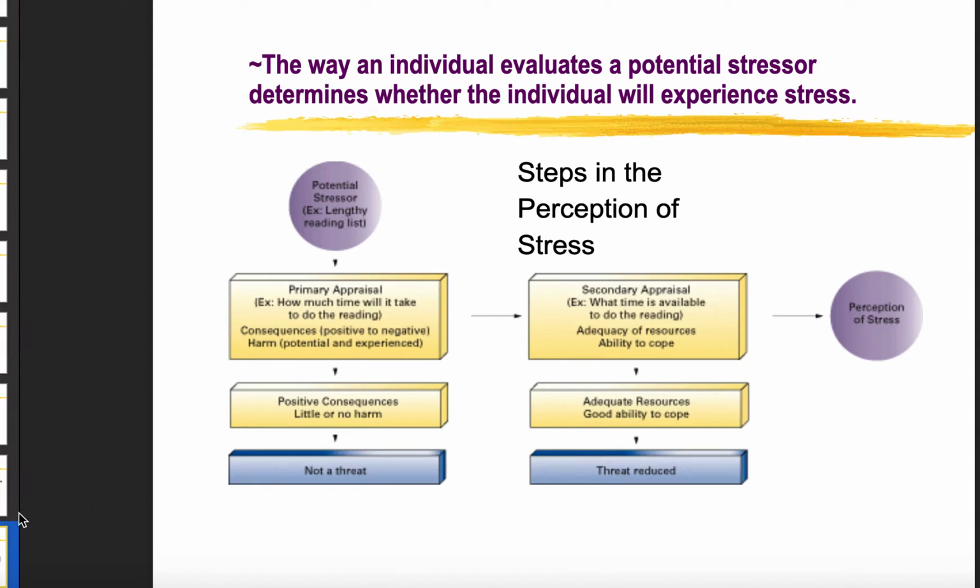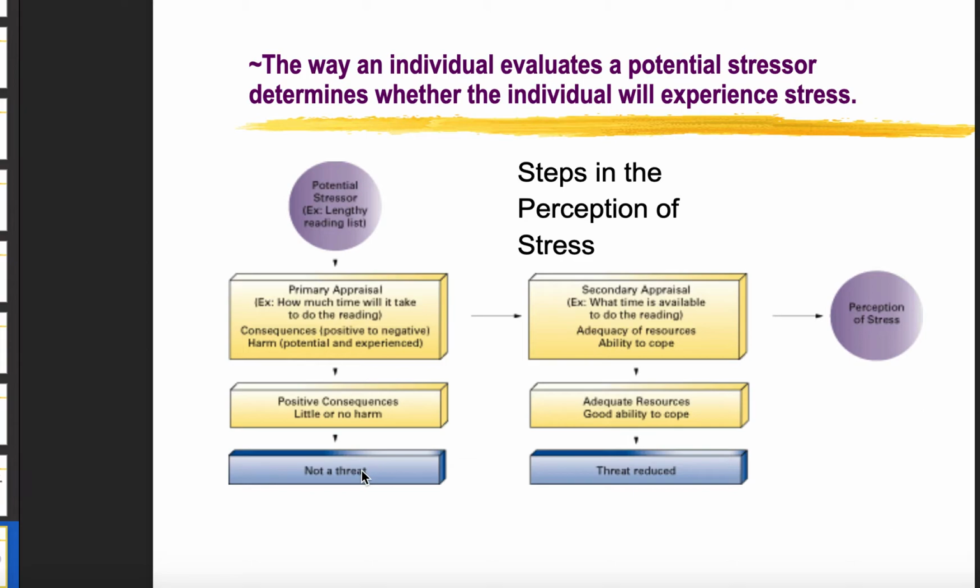And this is again one theory of how stress is dealt with. So firstly, there's a primary stressor. In terms of the primary stressor, what we do is we initially look at it and think, oh dear, this is going to cause me a lot of issues, and I start initially stressing. Now, if any positive consequences can come out of this, then we realize this is not a threat. So I've had an initial stress, I've worked it through in my brain, and I'm no longer stressed or threatened